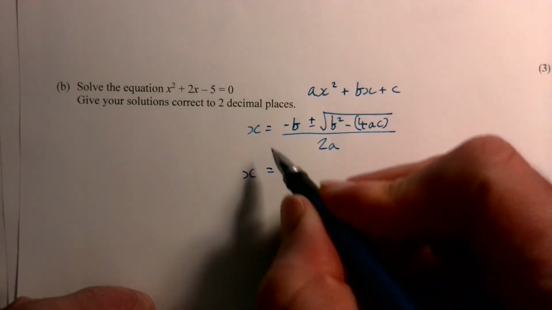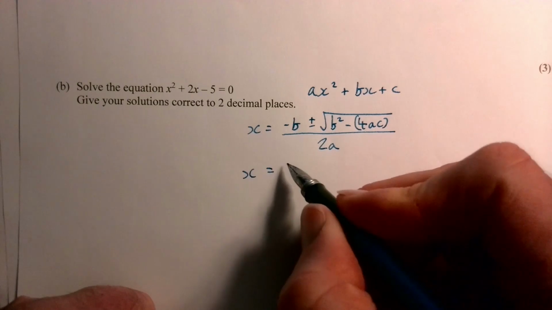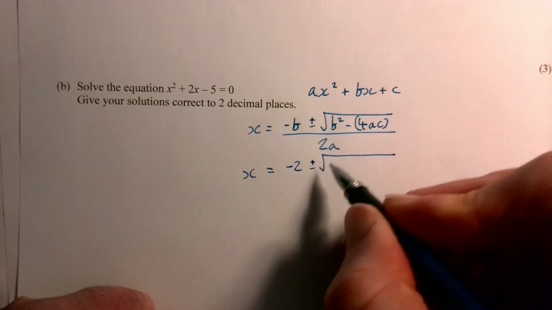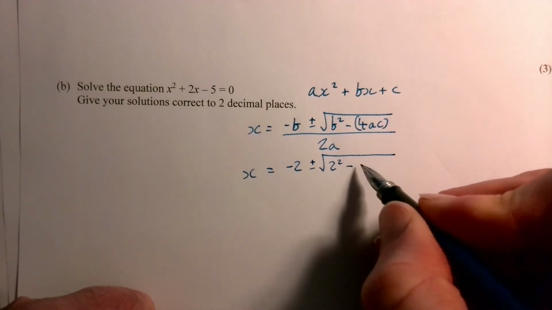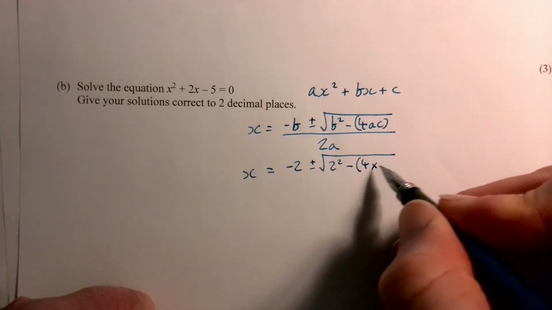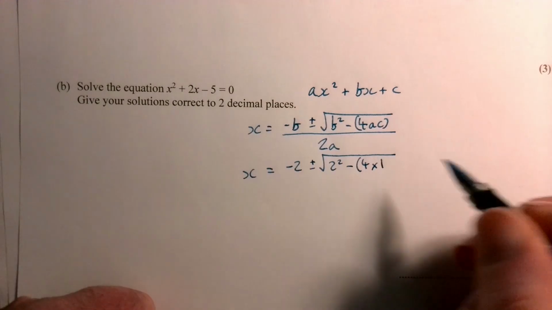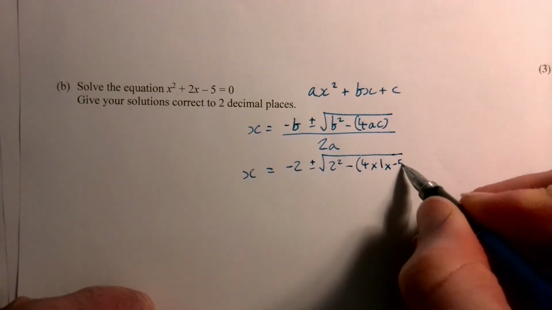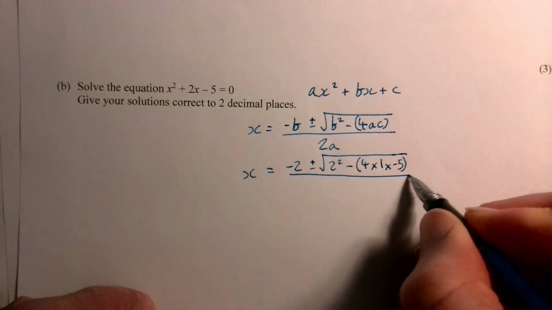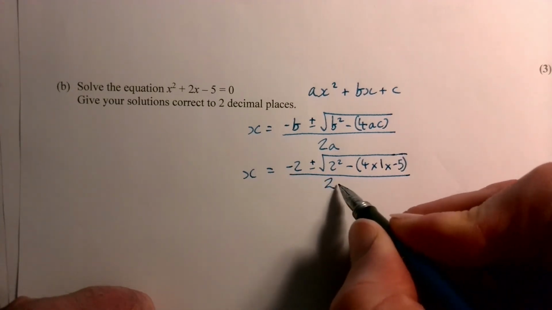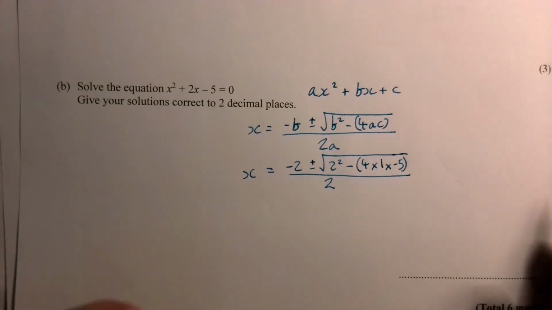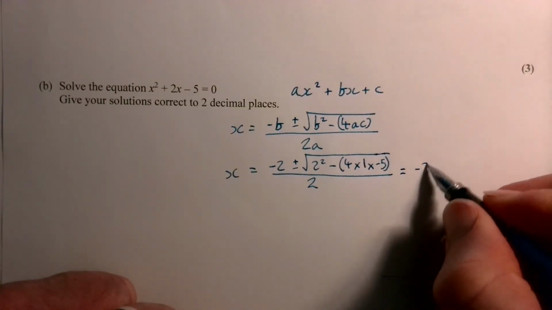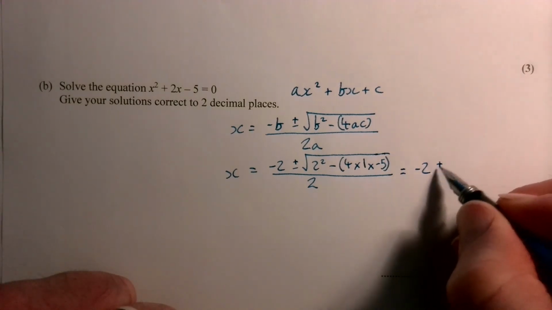So x is going to equal negative b, so that's negative 2 plus or minus the square root of 2 squared minus 4 times a. Well, a is 1 because we've only got 1x squared, and c is negative 5, all over 2 times 1. So 2 times 1 is just 2, isn't it? So that's going to be negative 2 plus or minus